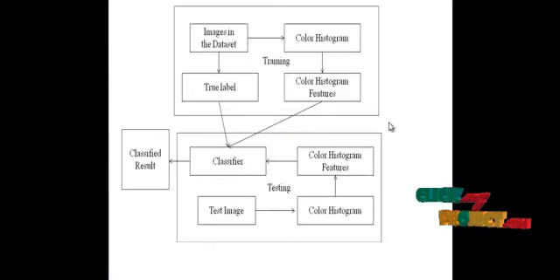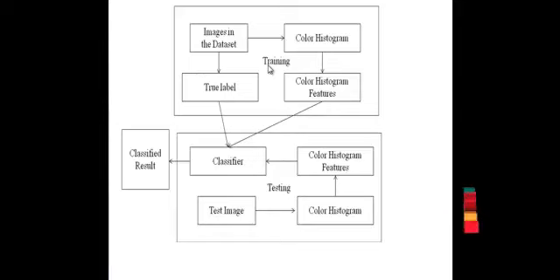So if we look at the flow of the process, content-based color image classification using support vector machines: initially the images have to be trained, so we collect some images and store them in a data set. The data set here refers to the folders containing the images. Then color histogram values are calculated for all the images and the features are saved.